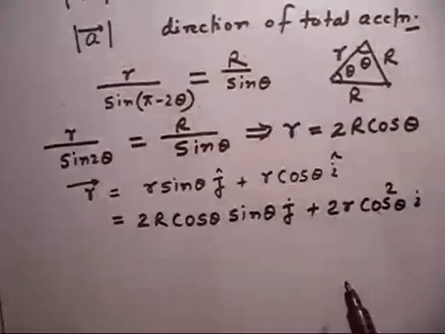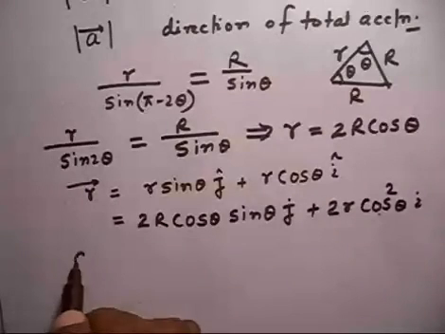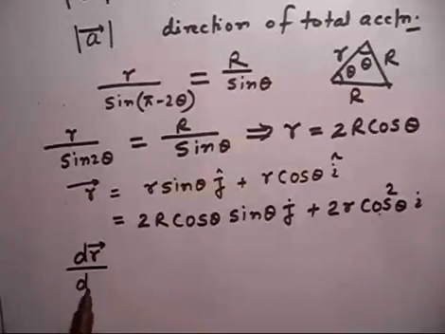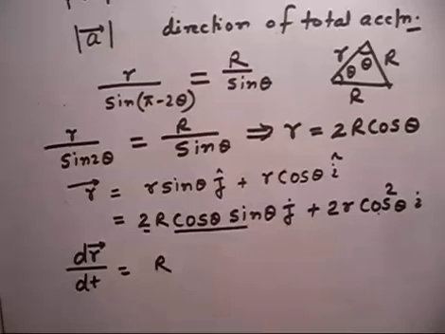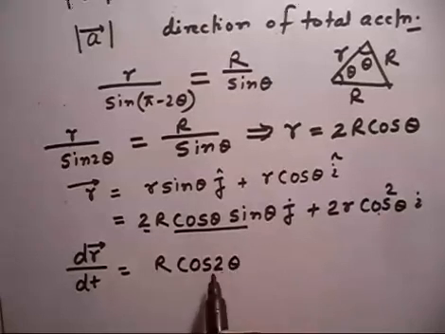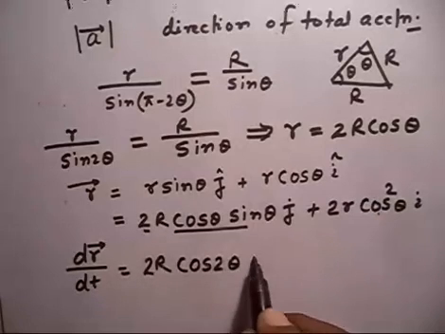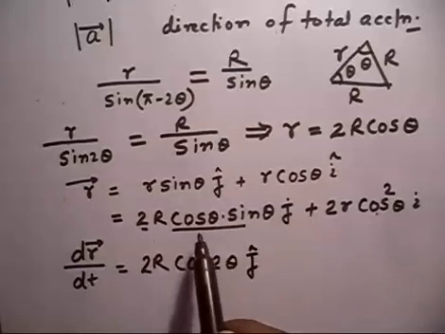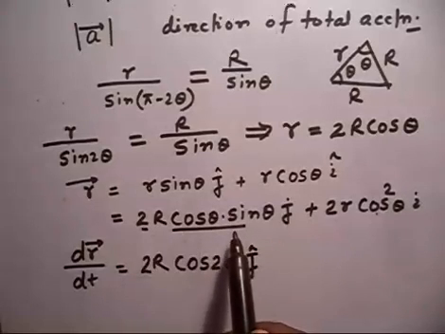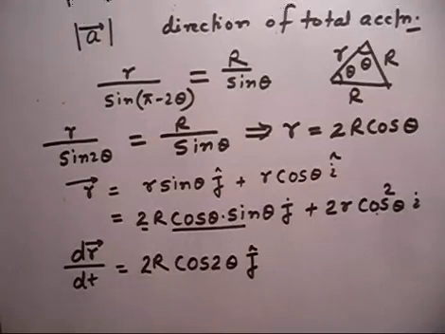Now I want to find the velocity vector. The velocity vector is simply dr by dt. So this is nothing but sine 2 theta. The differentiation of sine 2 theta is cos 2 theta, and the differentiation of 2 theta is 2 theta dot. This is the j component. Are you getting it or not? Try yourself: you will get 2 sine theta cos theta, that is sine 2 theta, and the differentiation of sine 2 theta is cos 2 theta. But I have to differentiate 2 theta again, so I have to multiply by 2.